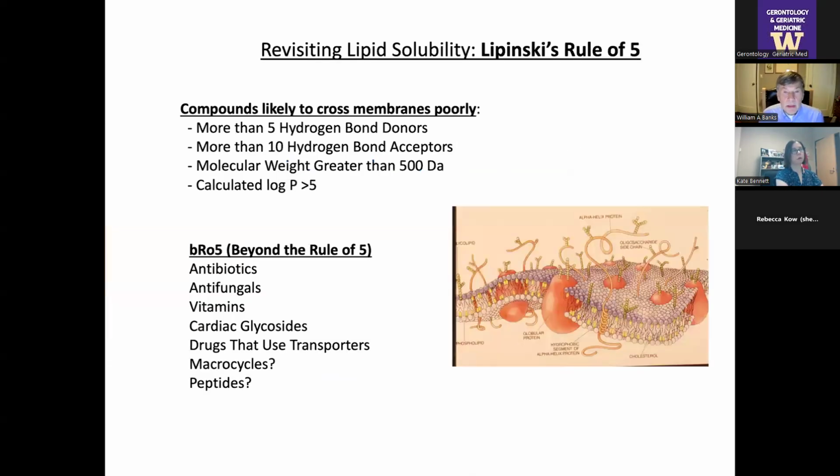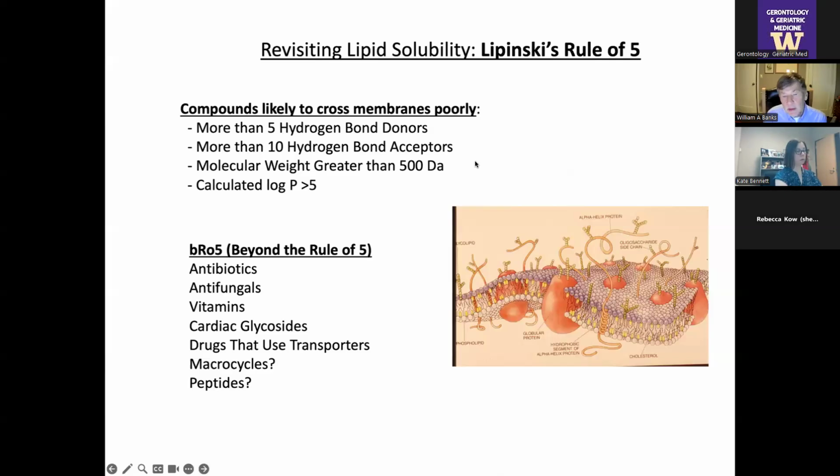So lipid solubility clearly is an idea that's been around since the early 20th century, and it's been revised. And it's been best revised by Lipinski, who has his rule of 5. And what you might first notice, interestingly, about the rule of 5 is there's only 4 rules. And I think what Lipinski meant, all those 4 rules have 5 involved. So, for example, 5, 10, 500, and 5 here. And I think what he meant by rule is the way an emperor rules, the domain, the influence of the 5.